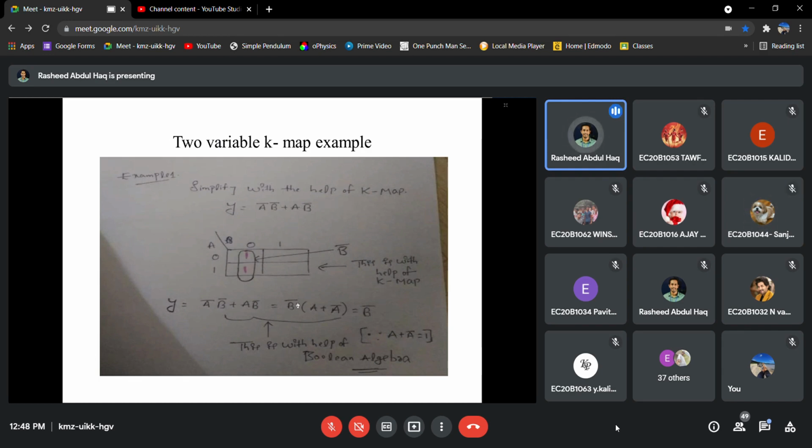But this is a very simple one, so you will be able to understand the same without the CAM map, just by seeing the truth table itself. That's why I ask everyone to first write the truth table. In the lab exam also, you may not get just a 2 input; you will get a 4 input expression. In most cases you will require a CAM map. In some cases the answer will be directly related to one variable, like if it is B, when B is equal to 1 we are getting the output 1, that you may get directly, but in most cases it will be a complicated one, for which you will require a CAM map.